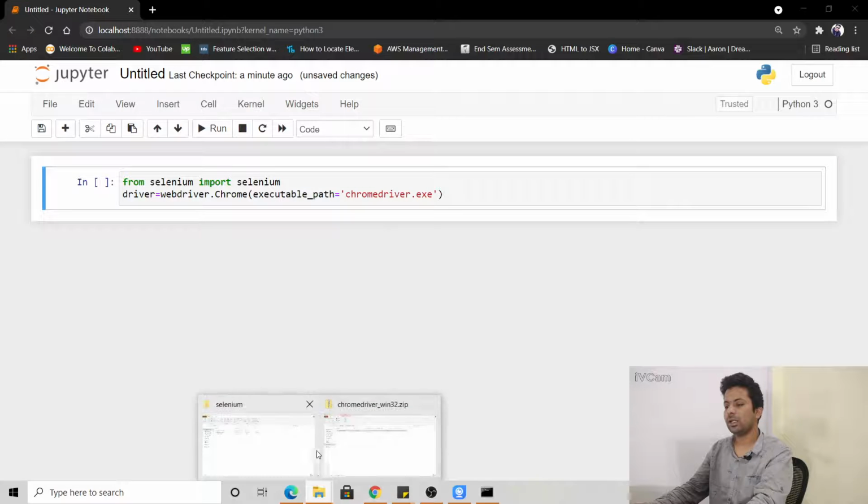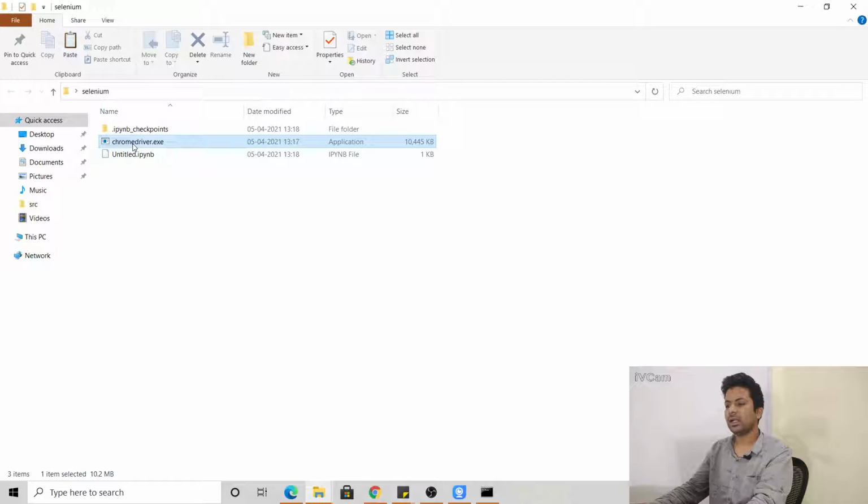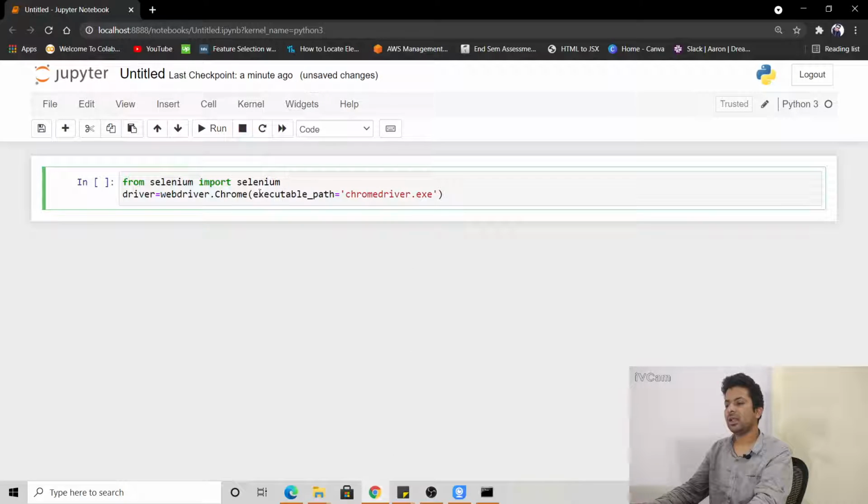I have downloaded the driver and extracted it here. You can see chromedriver.exe, the file name. I'm telling where it's situated. If it's in any other folder, I will write C colon slash slash, wherever it is. So I'm telling executable path, and the file name is chromedriver.exe.